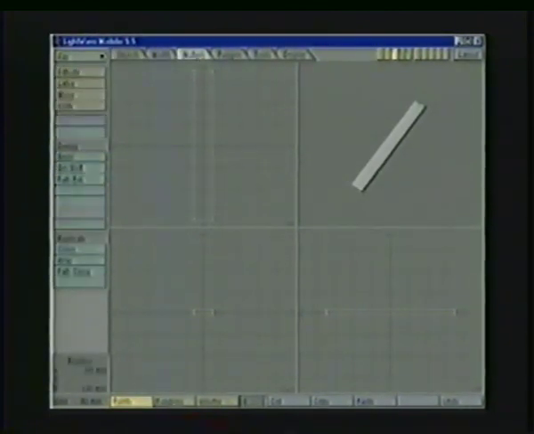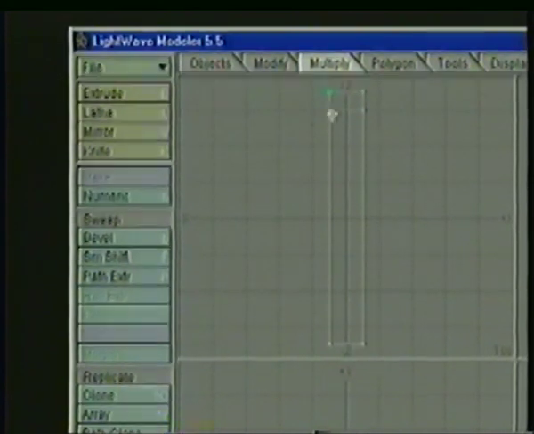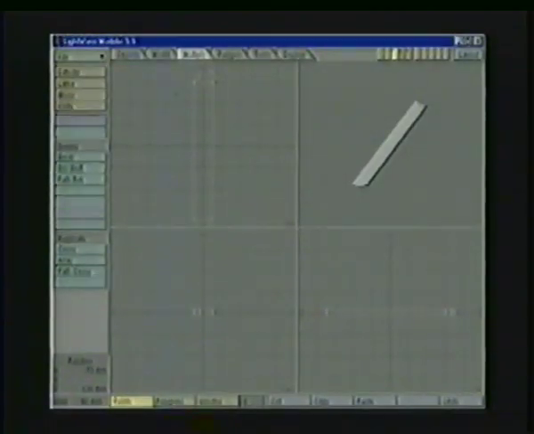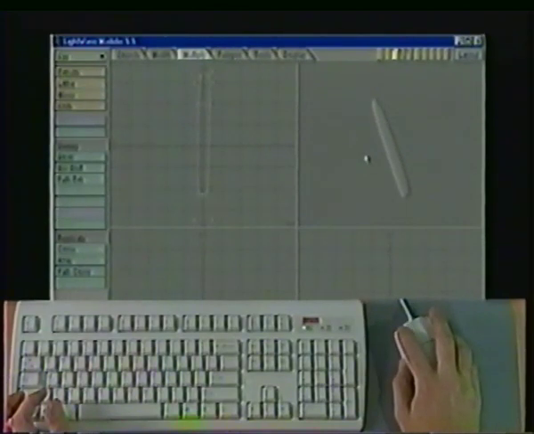Well, again, I'm going to go in, I'm going to use my knife tool, and I'm going to start cutting in polygons where I need them. Well, I need to bring the top here together a little bit. So let's cut an extra polygon in there. Let's grab these 2 points, use the stretch tool, and actually, let's deselect these. Let's just use the move tool and move this in a little bit, making the rounded edge the front of the knife. It doesn't look like much there, but when I turn on MetaNurbs by hitting the Tab key, I can see that I'm rounding off the edge of the knife